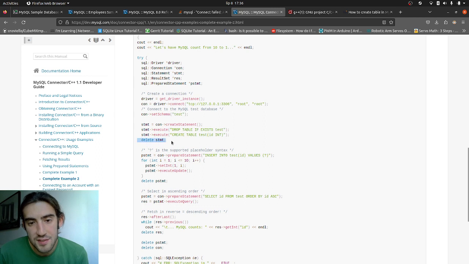So then we delete this statement, and then we have so connector, this connection has a prepare statement function which actually can be executed. For example, let's see,